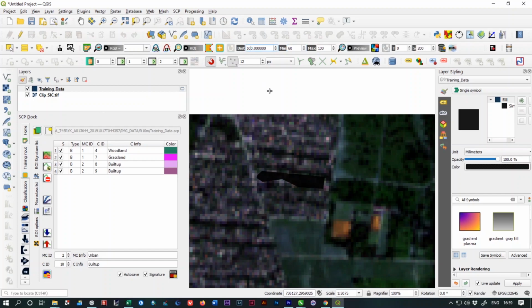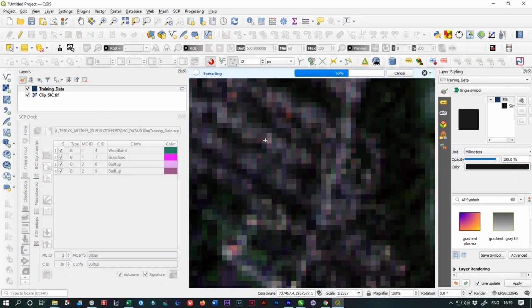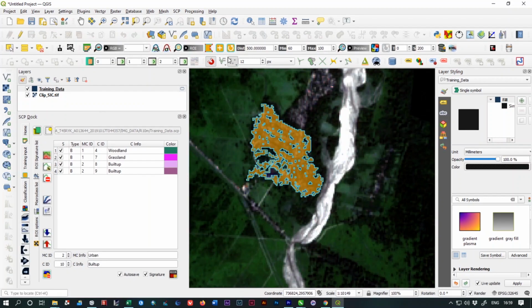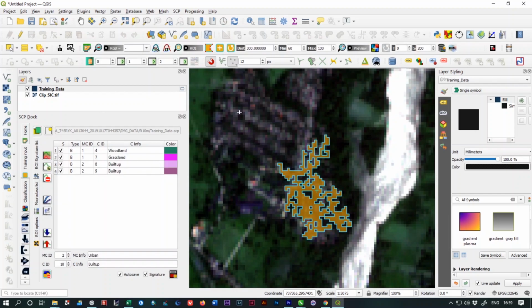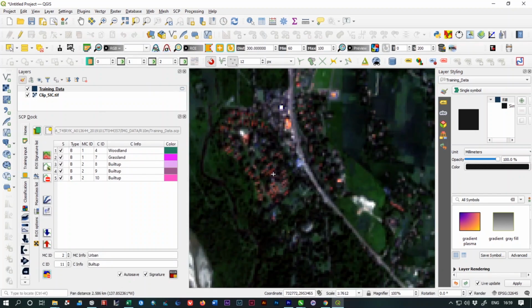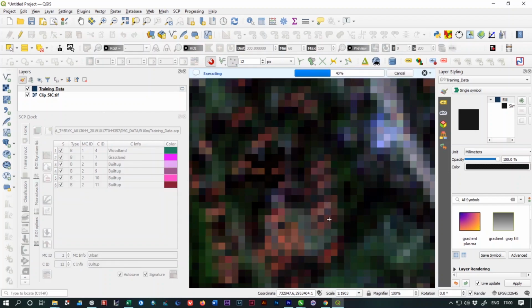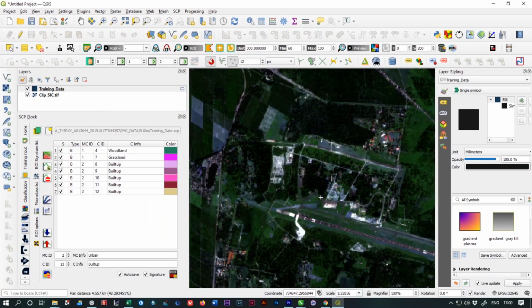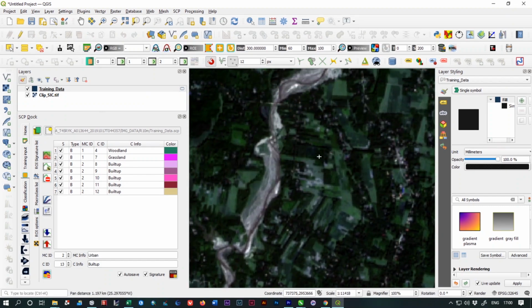I have to select the distance, and then it will select the similar type of pixels automatically. I have to reduce the distance, so it will work nicely. These are the built-ups.